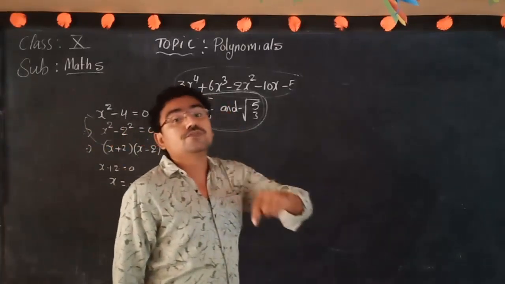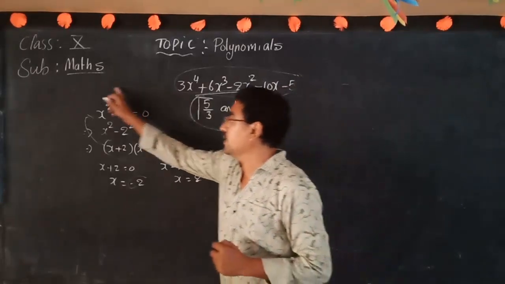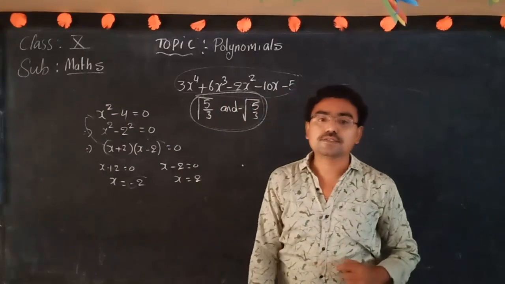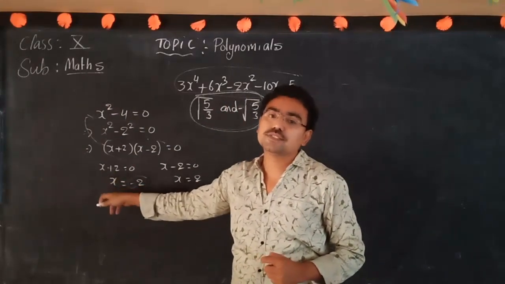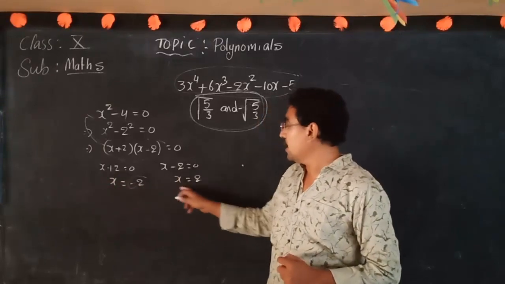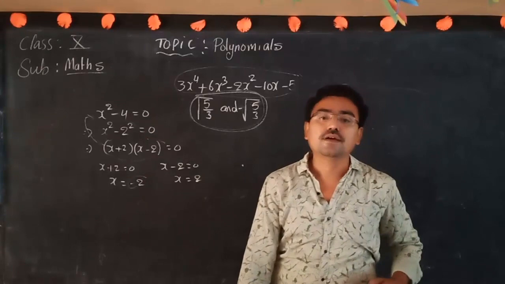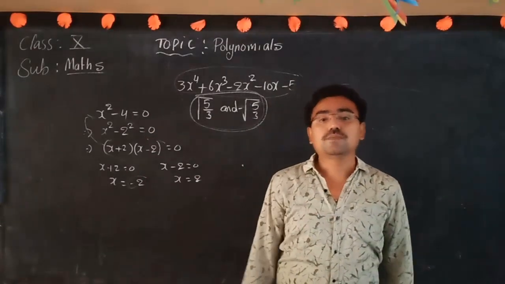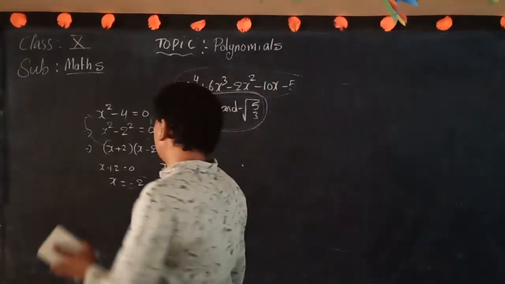When we know the zeros of the polynomial, consider this simple example. When we know the zeros, how will we get the factors? Minus means with the x we should take the plus, x plus 2 is a factor. Plus means x minus 2 is a factor. If you assume exactly the reverse, we will get the factors for the given polynomial after we know the zeros of the polynomial. Now, clear?